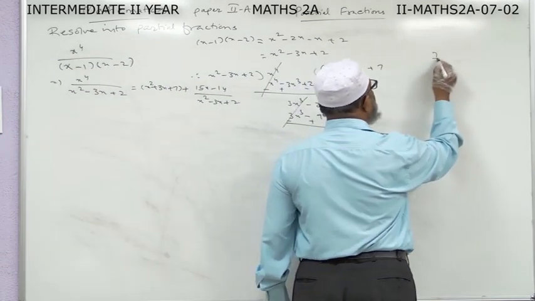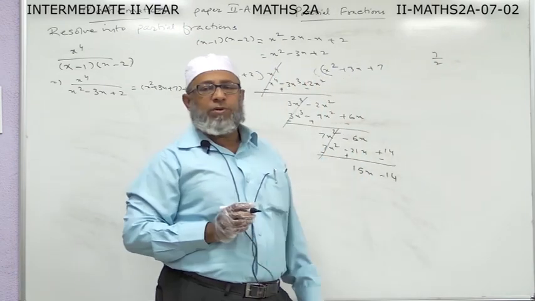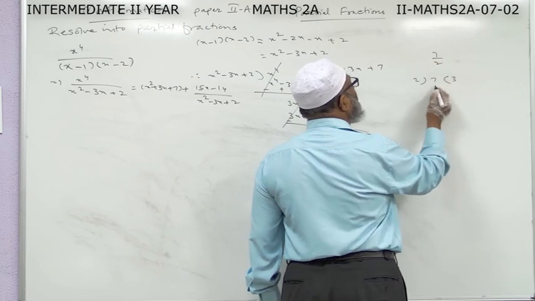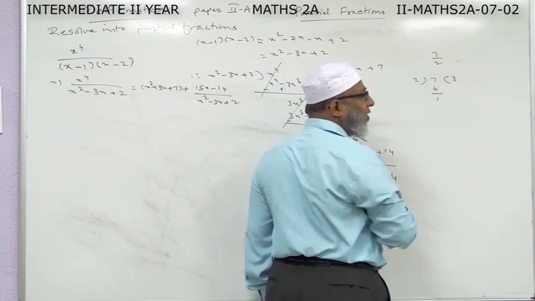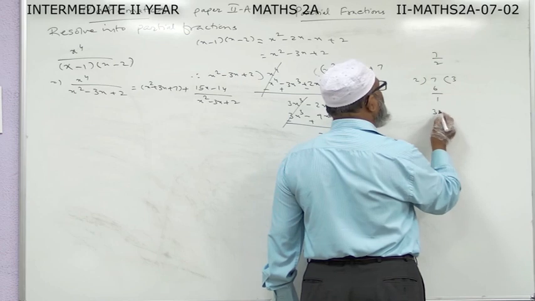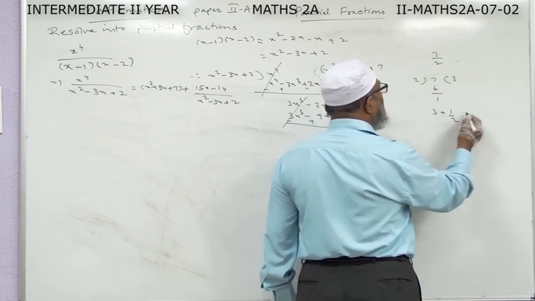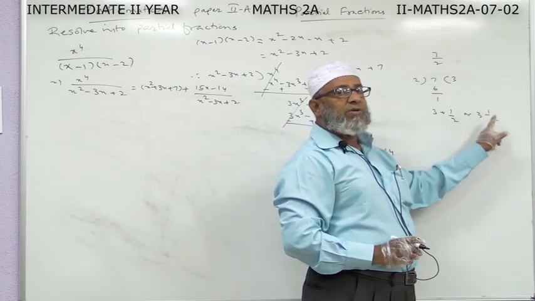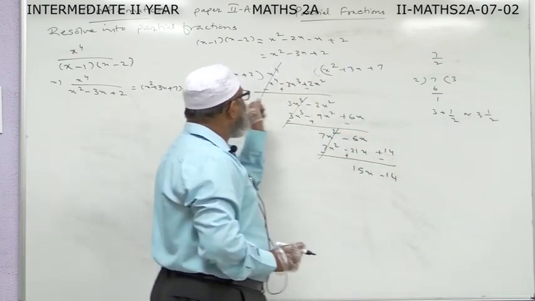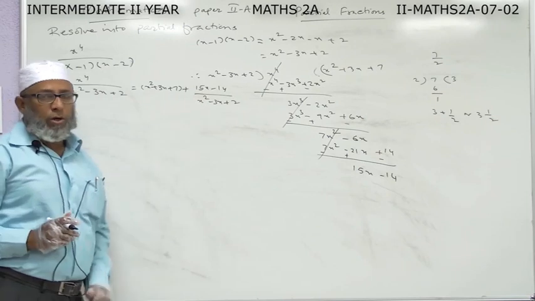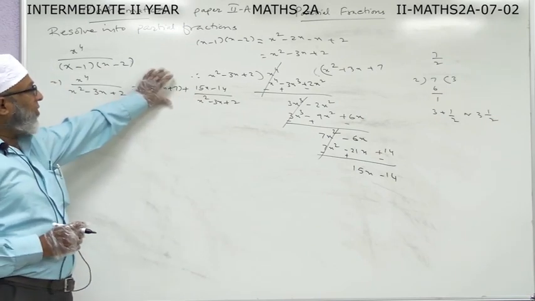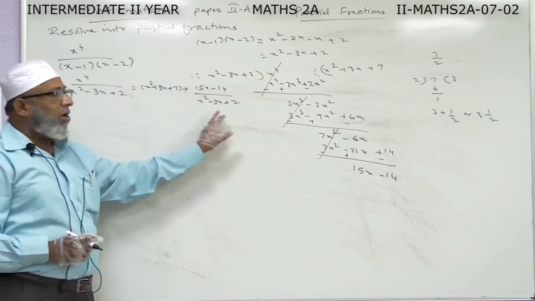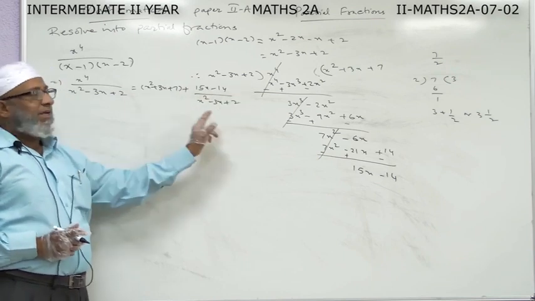So it is nothing but like this. Actually, if I want to divide 7 by 2, it is an improper fraction. What I will do? I divide 7 by 2. 2 3 is 6. What remains? 1. So I will write as 3 plus 1 by 2, or I will write as 3 into 2 is 6, 6 plus 1, 7 by 2. So in the same way, I have done this. Now, you skip this part. We will consider this later on. Now we have to concentrate on the fraction part.